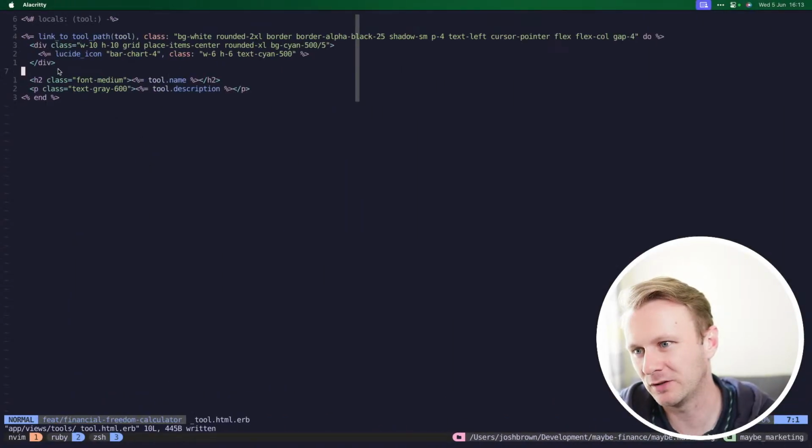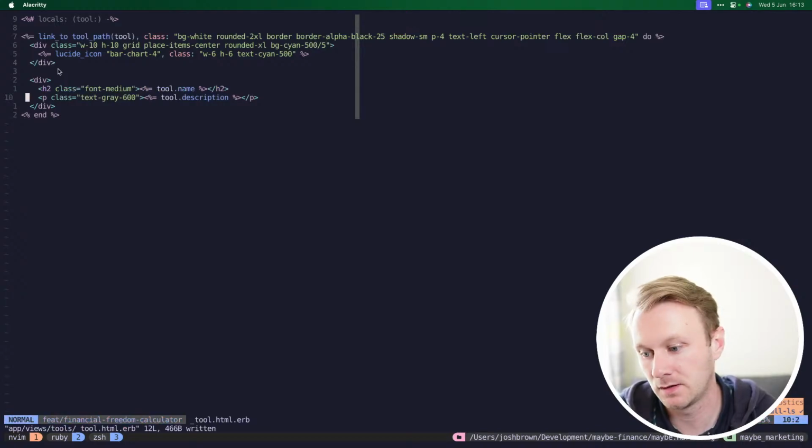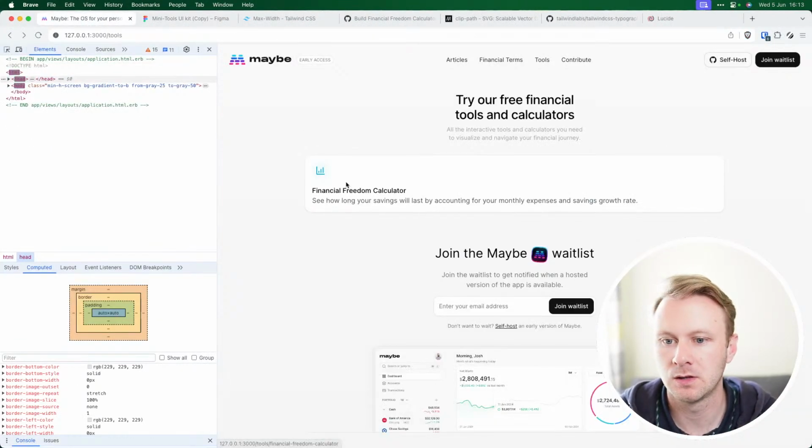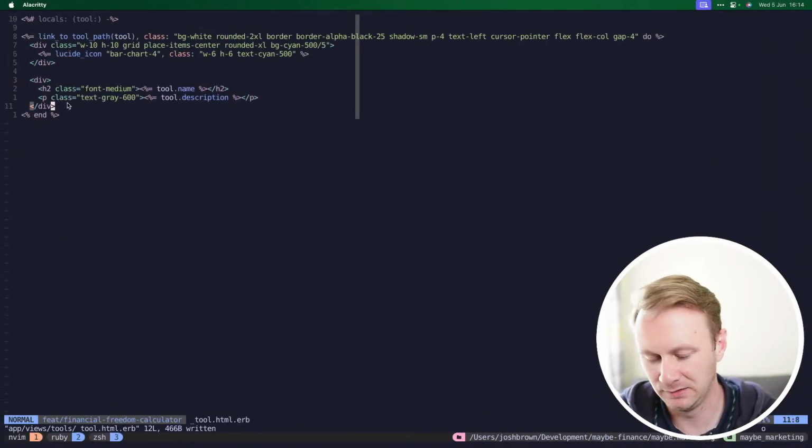Well, if I don't want a gap between those, I just put them in a div. Smart. And that way when I add in this little pill,